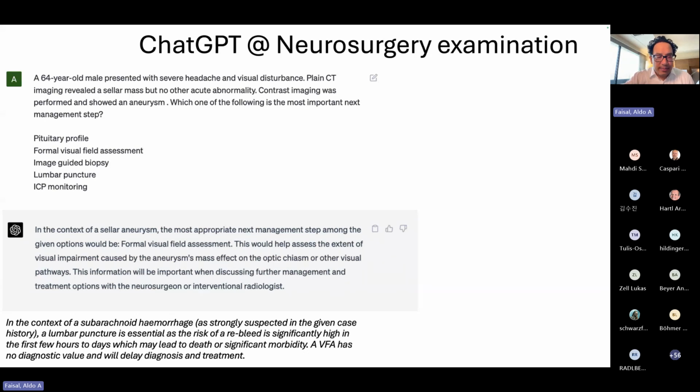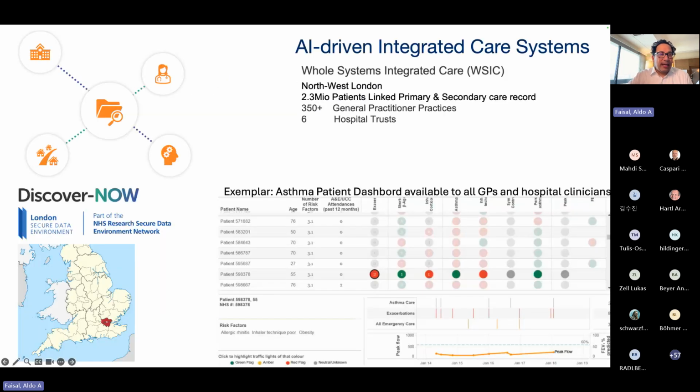Now, why am I talking about ChatGPT? Well, because we've been working on generative AI for the past 15 years, but we have not been working on text. We've been working on medical data that was not text-based. And I'm going to show you some examples of how these systems look when you don't apply them to text, but to actual clinical data. And just to give you an example of the setting that we're working with, we've set up or helped set up the whole systems integrated care